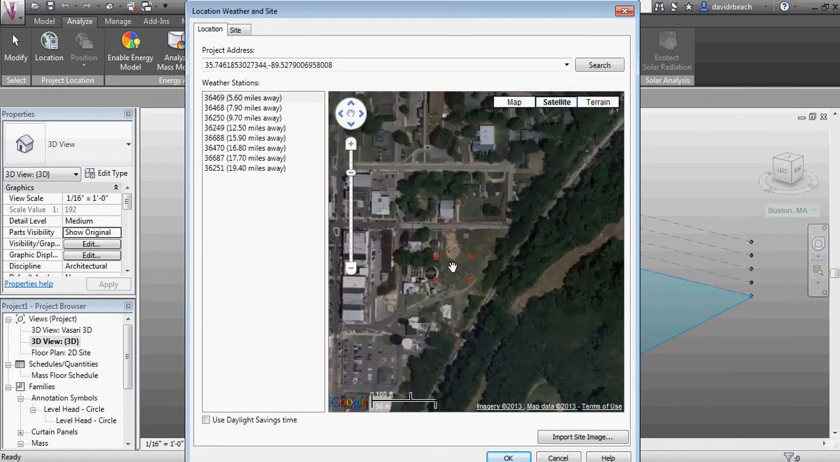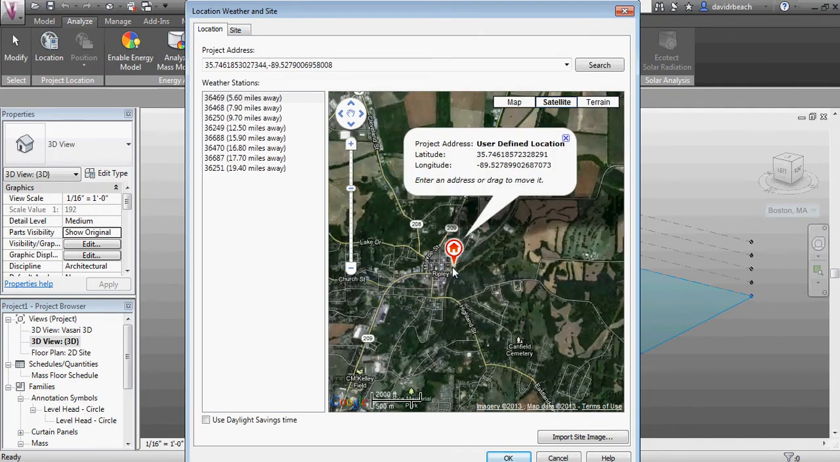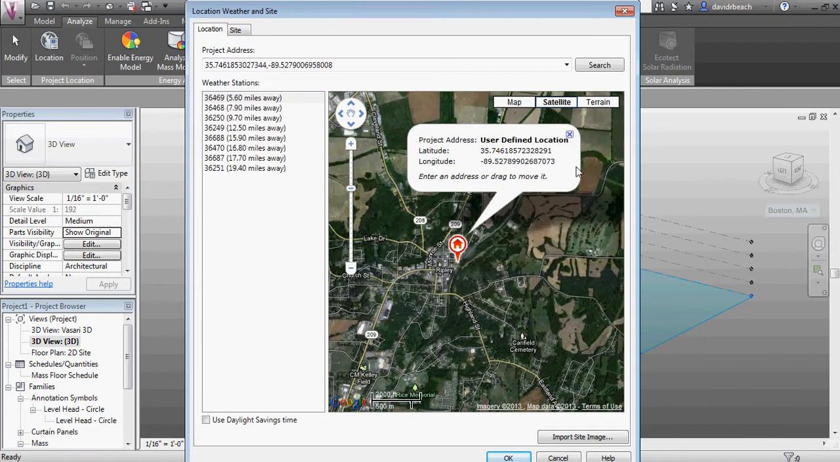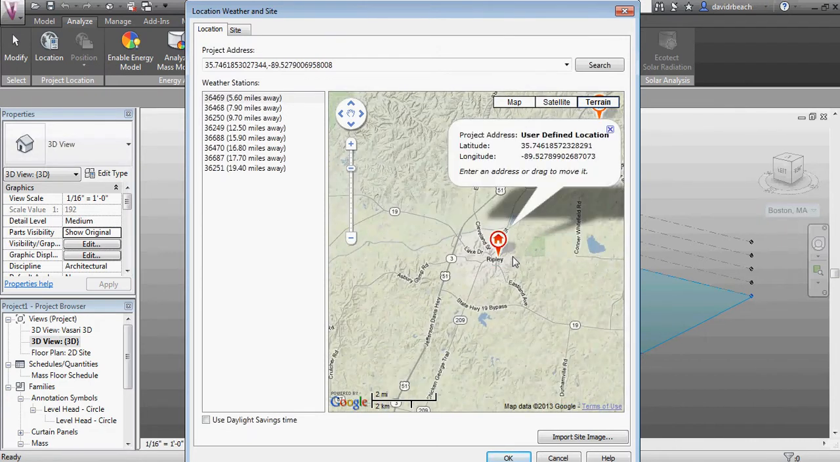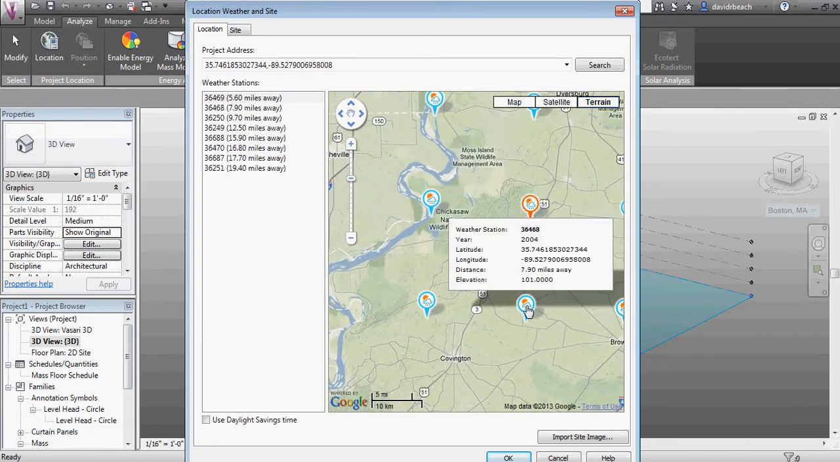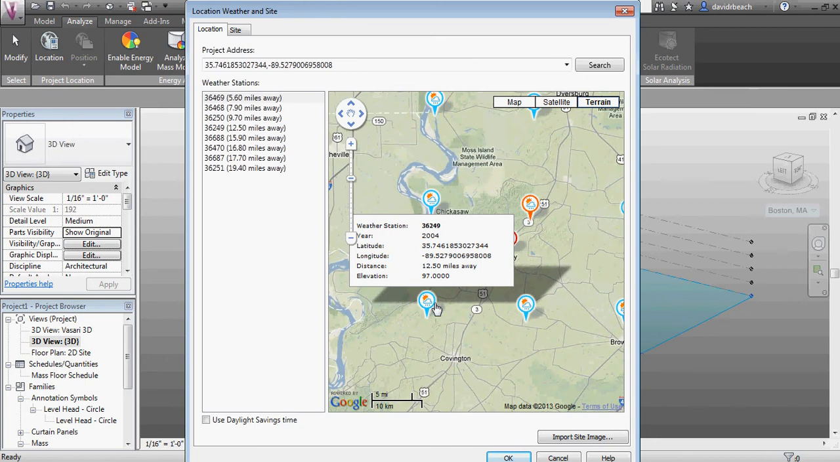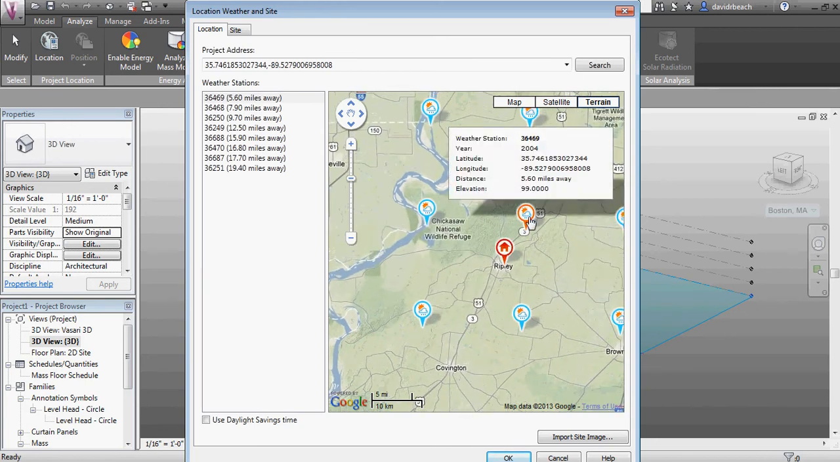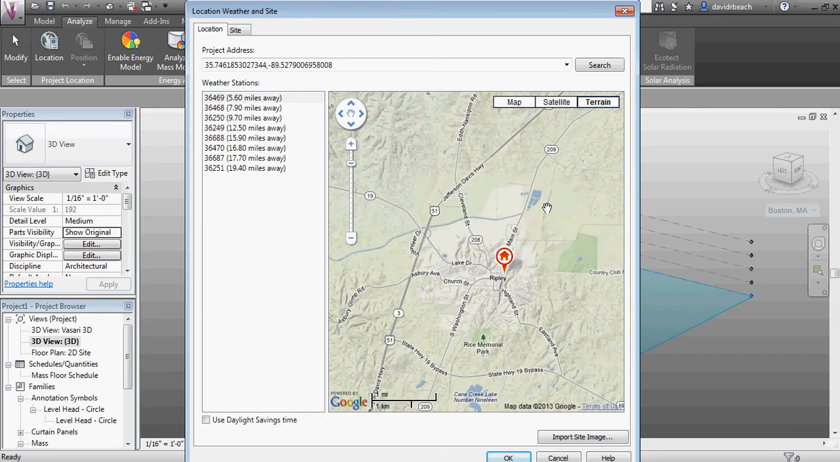So if I zoom out a little bit from here, and I'm just using the wheel to zoom out, you can see that there are weather stations, should be weather stations, reasonably close. Oh, they're a little bit far away. You know, this one is 8 miles away, 12.5 miles away. It looks like the default one right here is 5 miles away. So, you know, that's not going to get